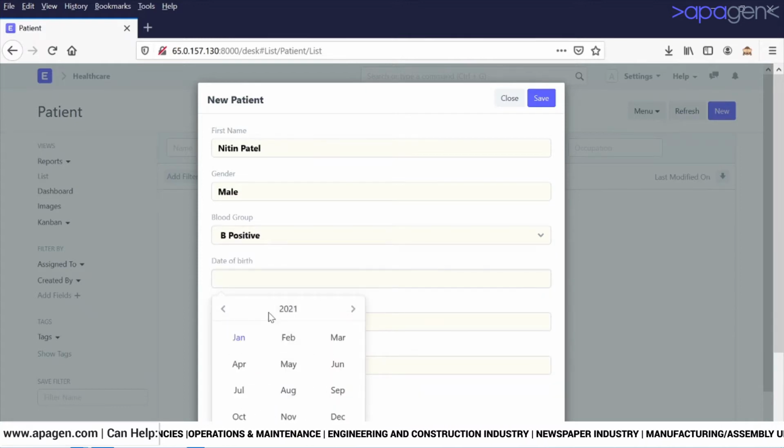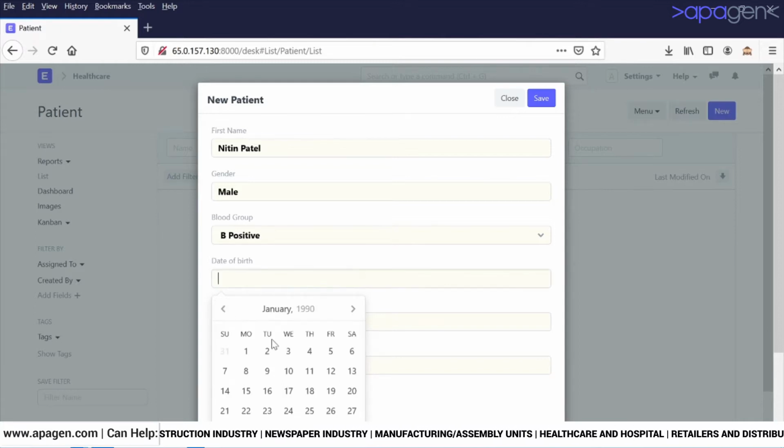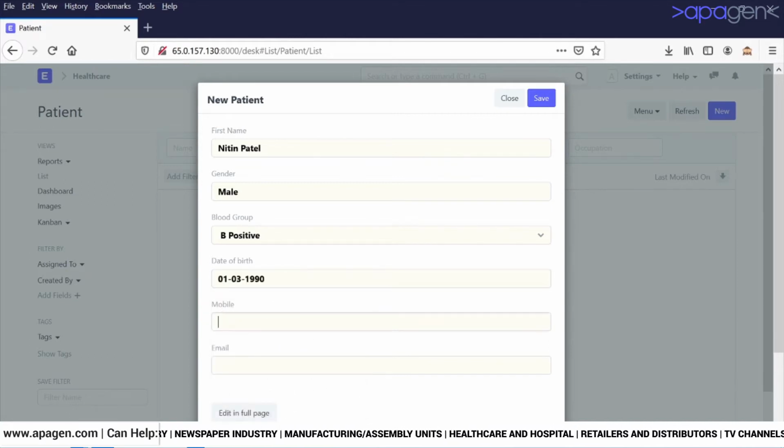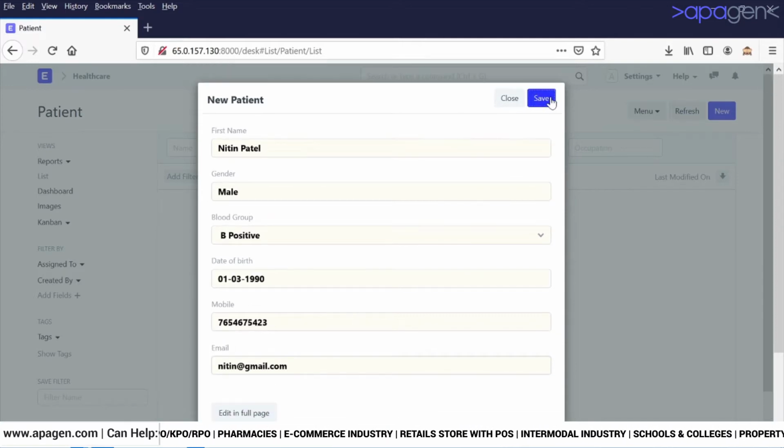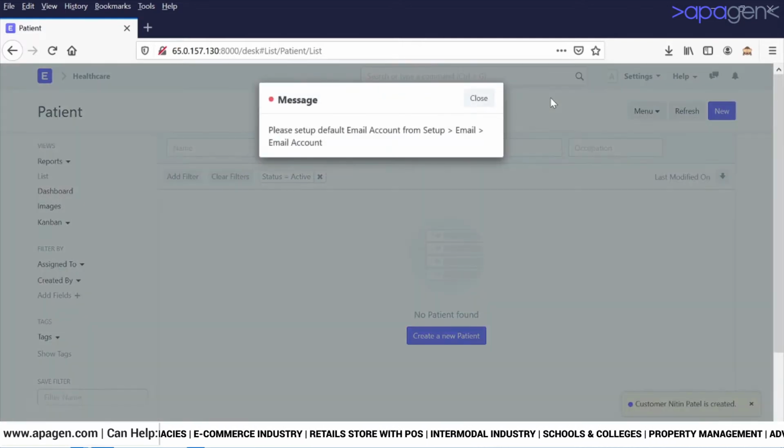You can write a name, enter the gender, define a blood group, and put the date of birth. I can do full editing here, or I can simply choose the name and the company. I can specify the territory, India. These details are called basic and important, and should be filled before registering a patient. Of course, I have an option to click on edit in full page. As soon as I click on save, I would be able to see